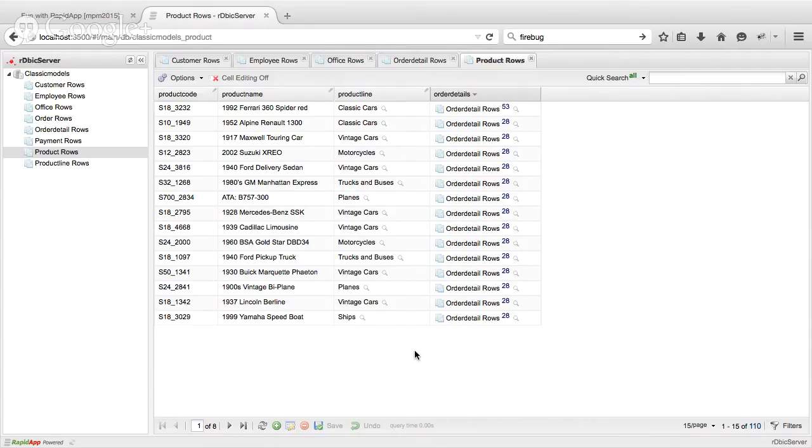Yeah, I got a quick question. How does it know to use the classic cars or vintage cars as the title for the product line foreign key? So good question. In this particular case, this is the key, right? It is the key. Otherwise,